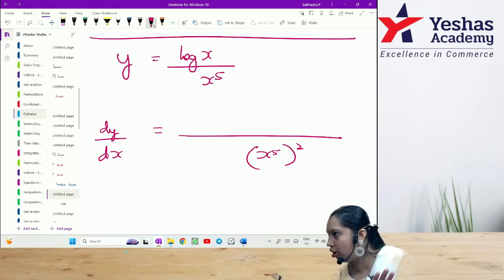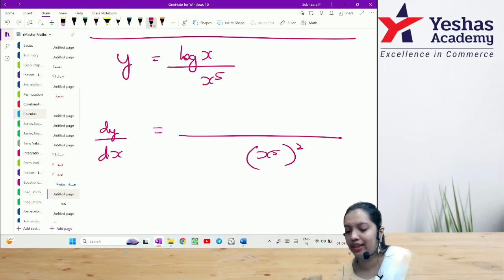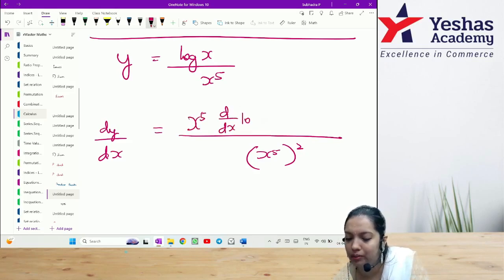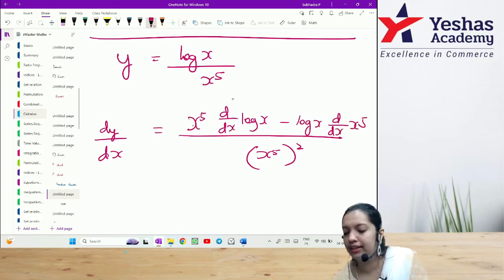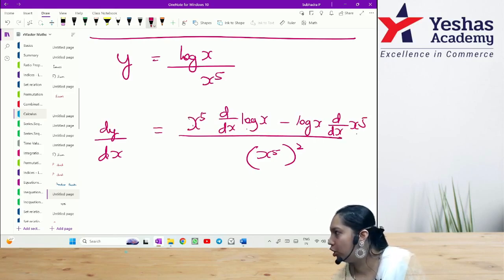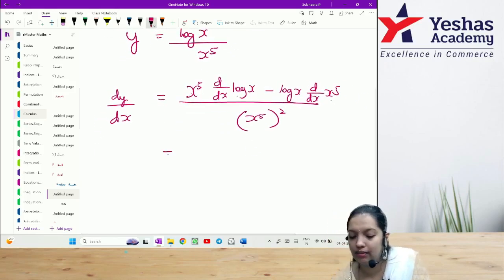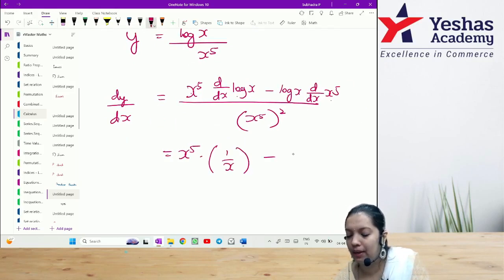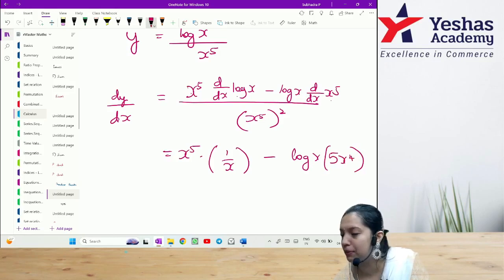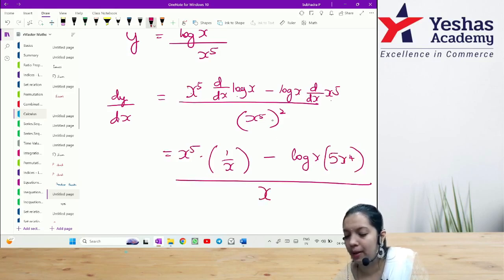That is done, the denominator story. Now in the numerator, start from denominator. Denominator into derivative of numerator minus numerator into derivative of denominator. Now, next step will be x power 5 into what is derivative of log x? 1 by x minus log x into what is derivative of x power 5? 5 into x power 4, whole divided by